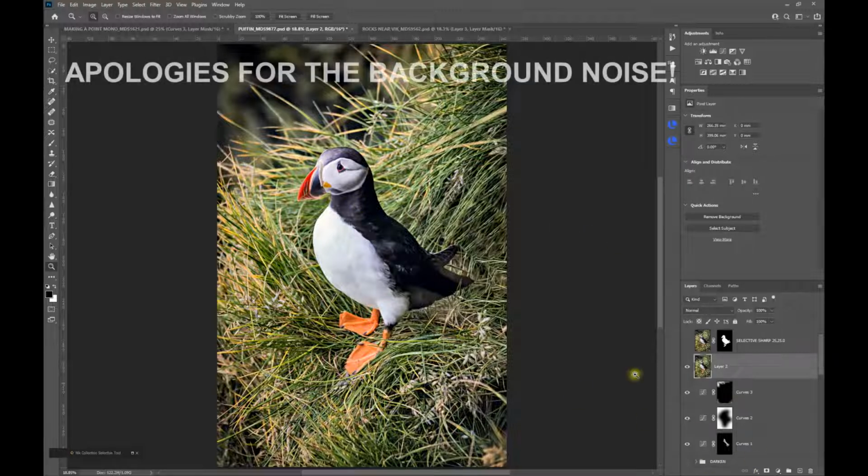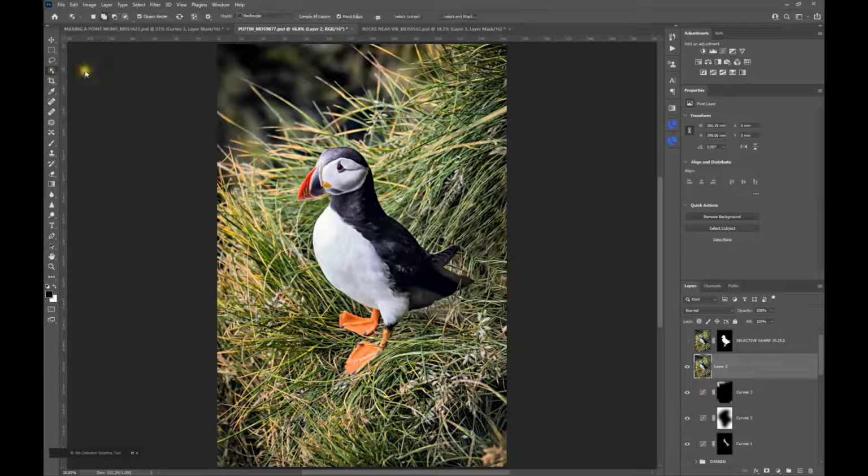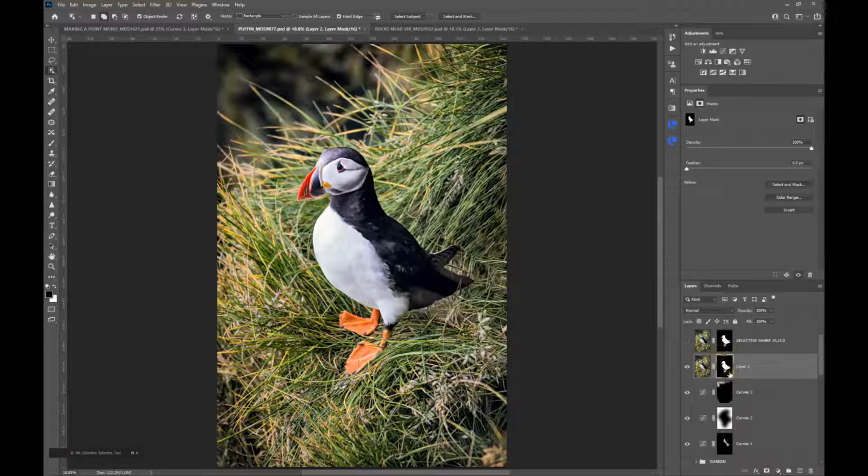Now the easiest way to make a selection here would be to use the object selection tool, and it works pretty well here because the bird is quite well defined. And as you can see, I've just hovered over the bird and it's selected it out perfectly. I'll just click on that to make a selection, and now we have a selection active. And with that selection active, they're the bits that we want to apply the mask to. With that selection active and on this sharpening layer, we just add a layer mask,